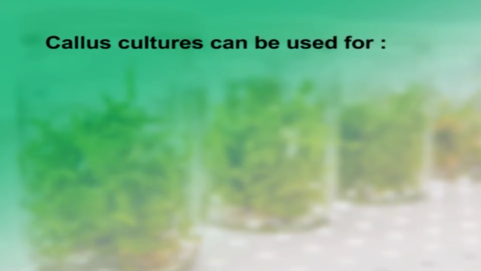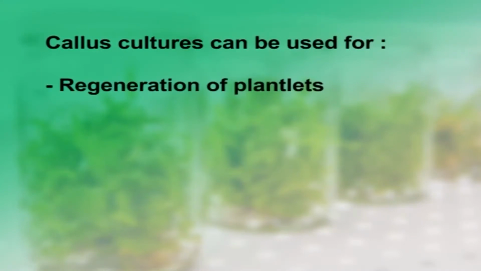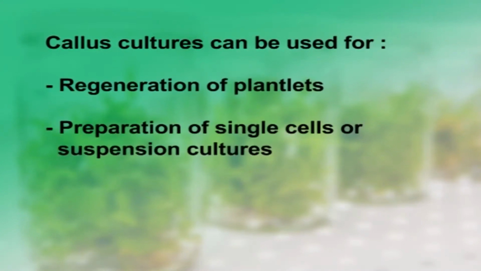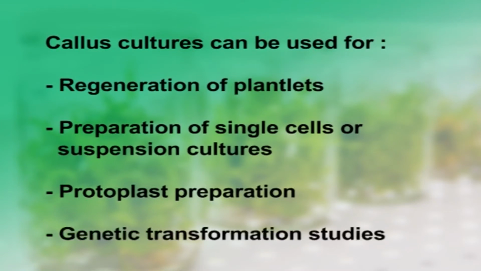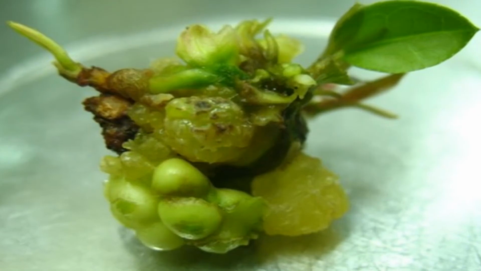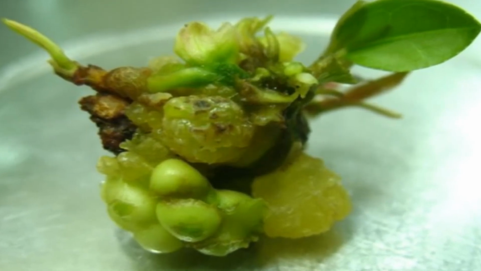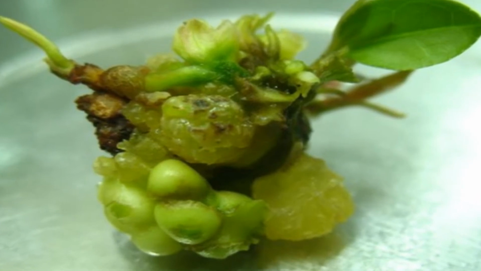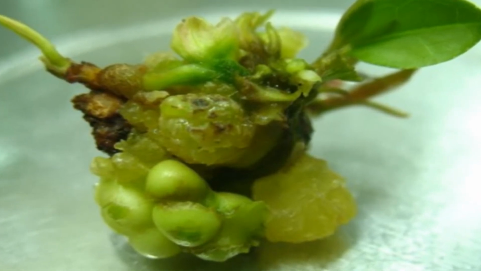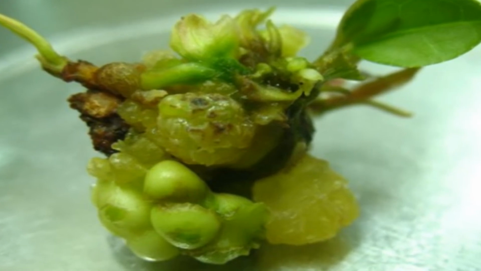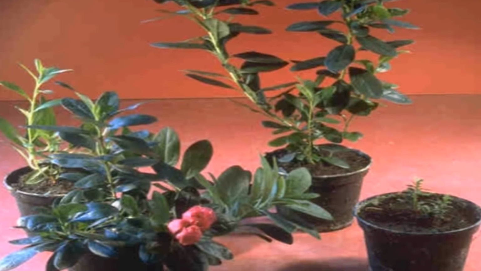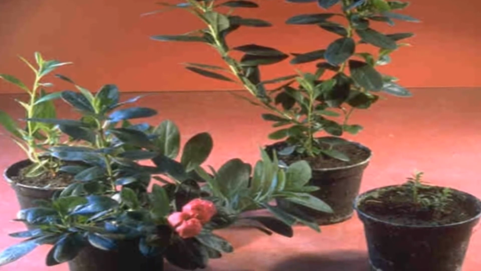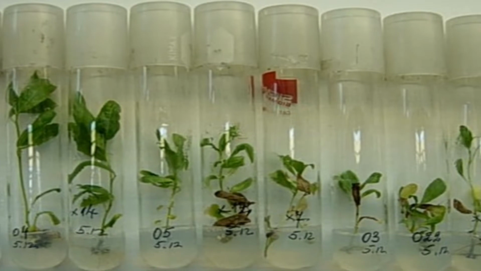Callus cultures can be used for regeneration of plantlets, and preparation of single cells or suspension cultures for protoplast preparation. Callus culture can also be used for genetic transformation studies. In some instances, it is necessary to go through a callus phase prior to regeneration through somatic embryogenesis or organogenesis. Callus culture is suitable for the generation of useful somaclonal variants, either genetic or epigenetic, and can be used for